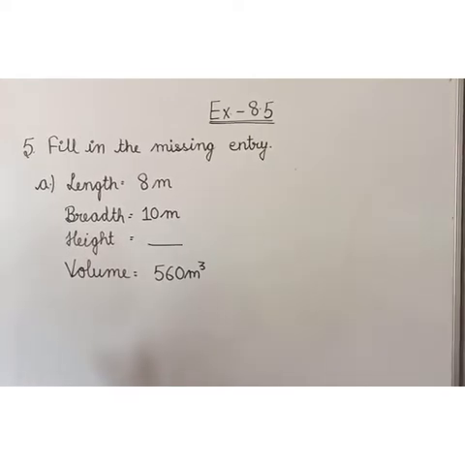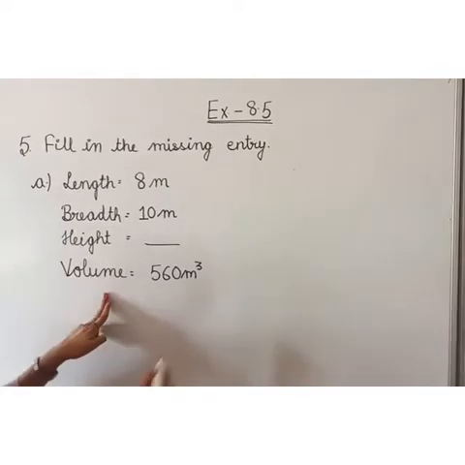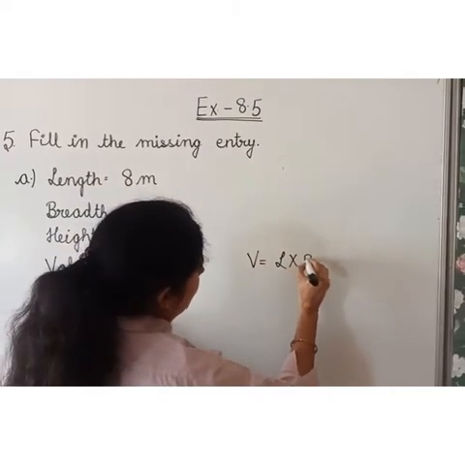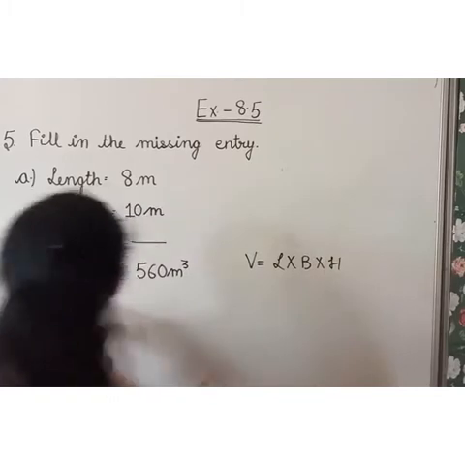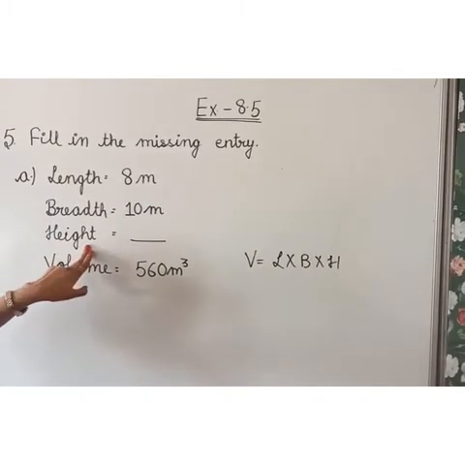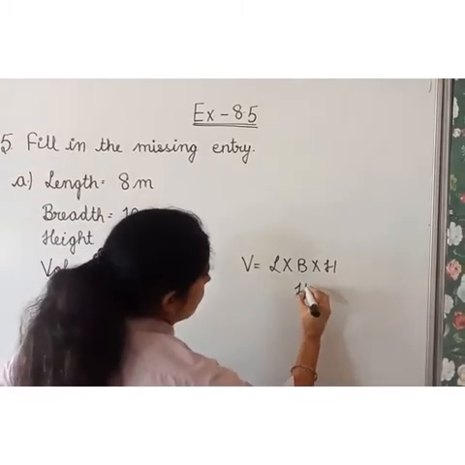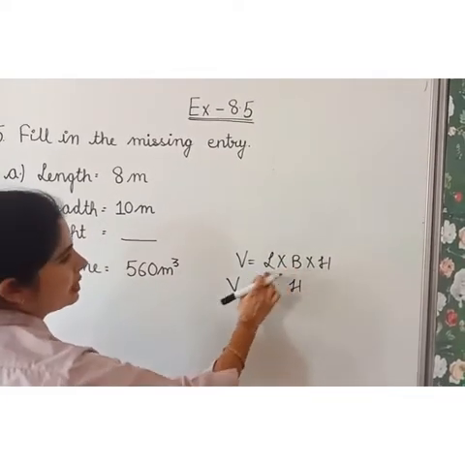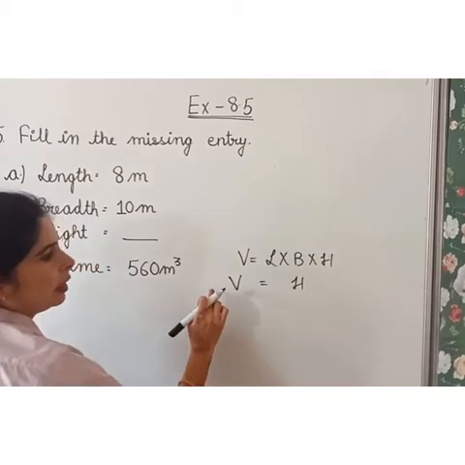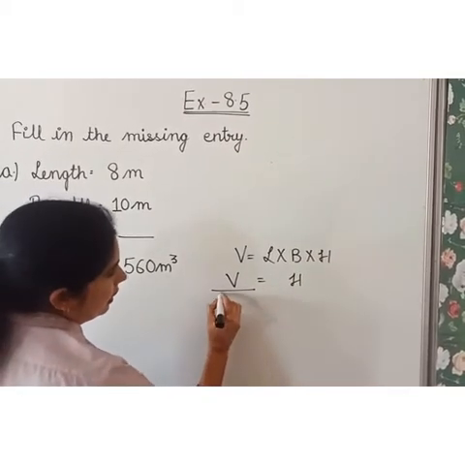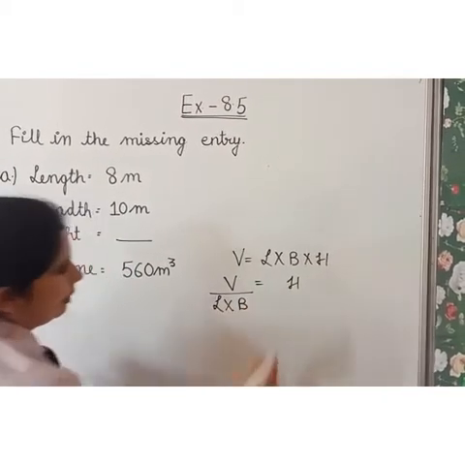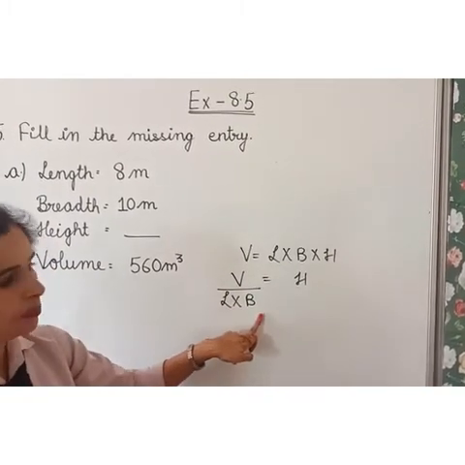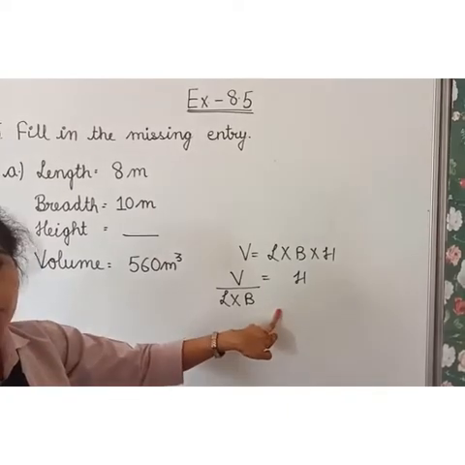First of all, I will tell how to derive the formula. See, as we know the formula of volume, that is LBH. Here you need to find height, so keep height on one side. Here it is volume. Length and breadth, which are in multiply, here will come in form of divide. Divide by length multiply breadth. Height is equal to volume divided by length multiply breadth. Now we get the formula.